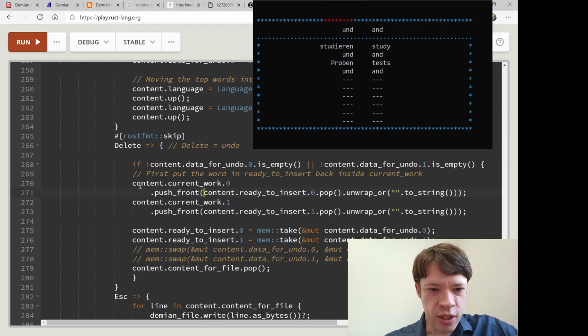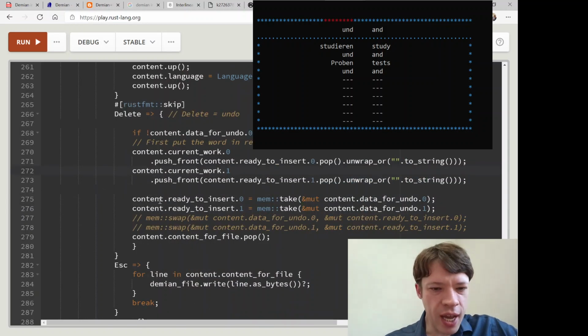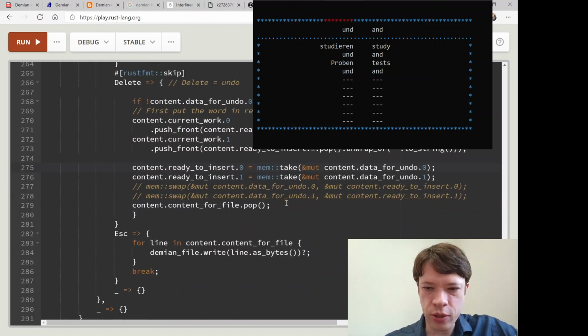And so after it pushes it to the top, we have an unwrap, just in case, might not even need this, but anyway. And then we take the saved data, and we do a take again, and now data is going to have nothing, and this will have nothing. So there's only one time you can use delete, and then after that, it's going to do nothing.